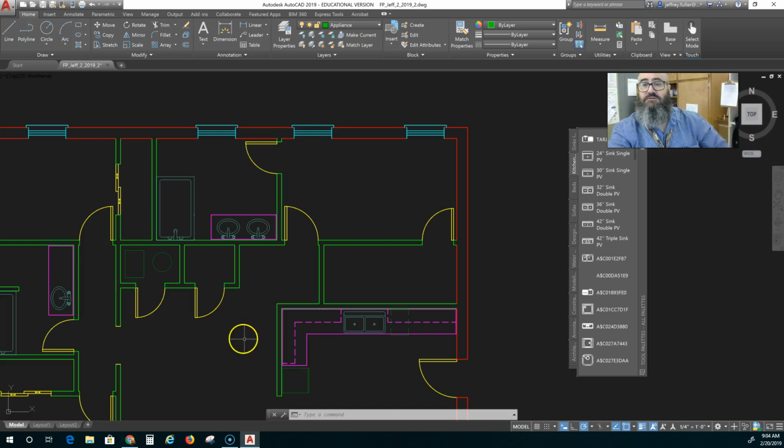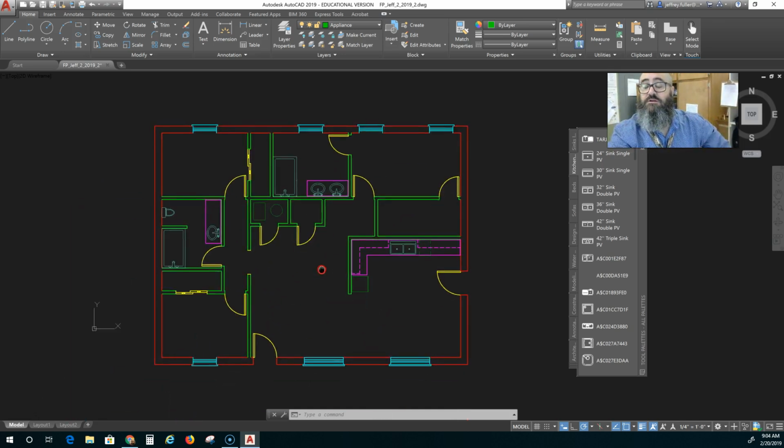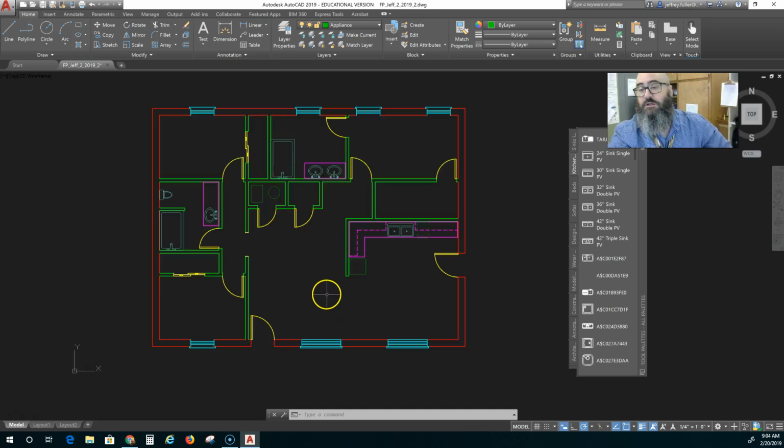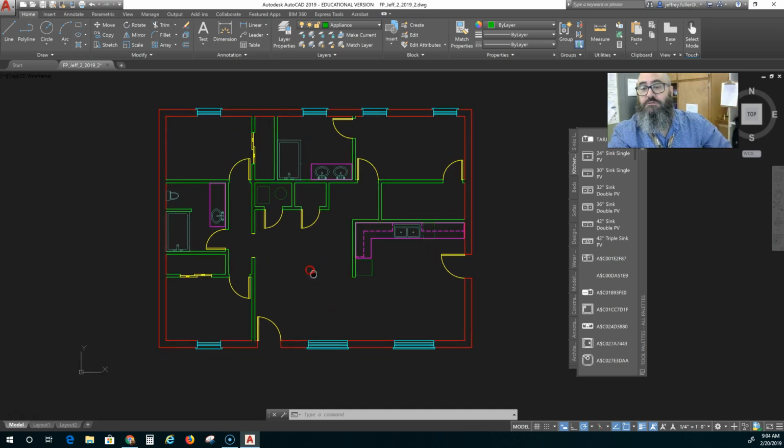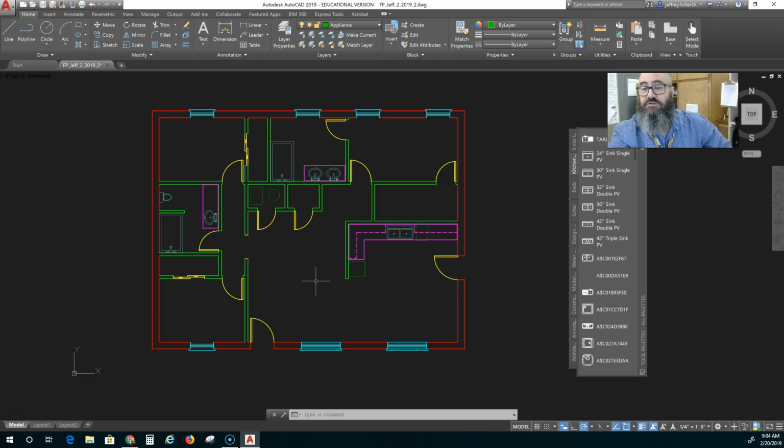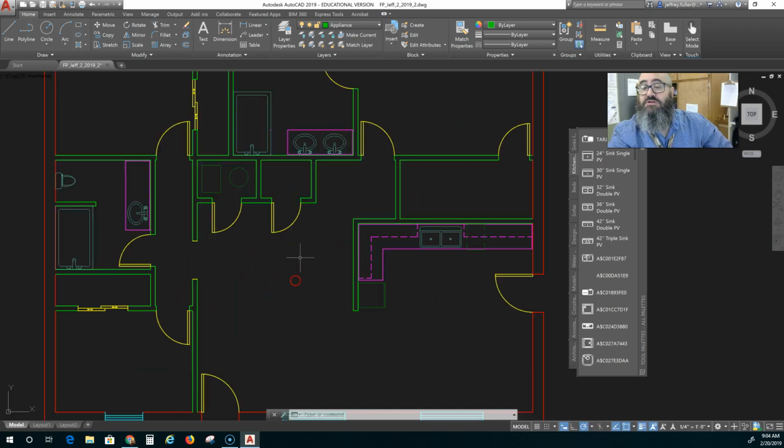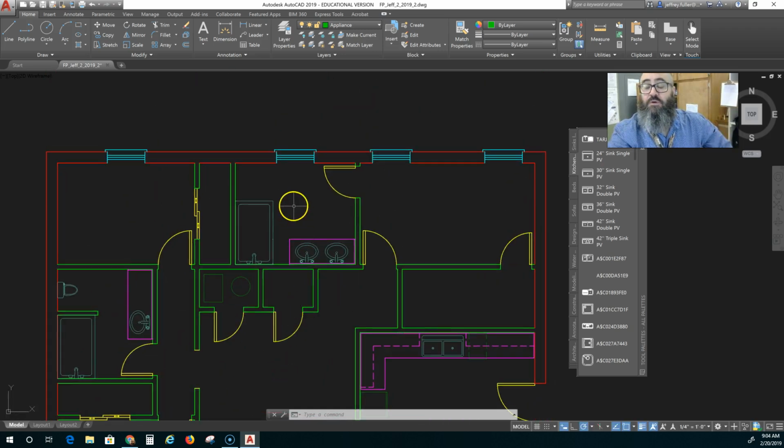All right, now continue on with our design a house in AutoCAD step by step. I'm going to show you how to do something if you need to adjust your house, your building. And that is, okay, let's say I want to extend a portion of this house in order to make some